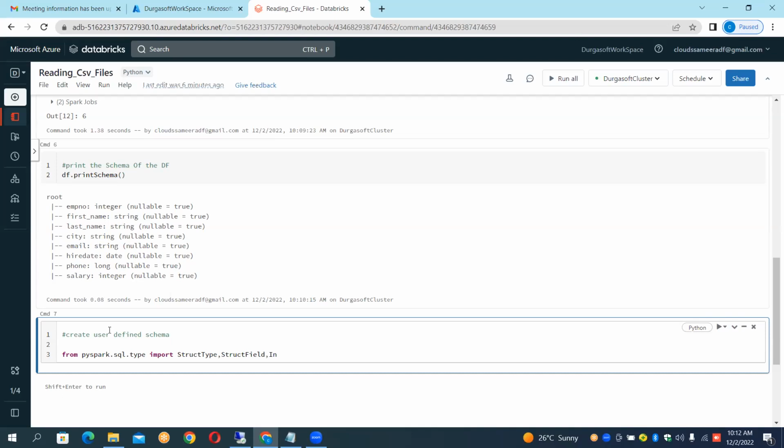Data types you want to define: integer type, comma, double type, string type, comma, date type, comma, long type, decimal type,